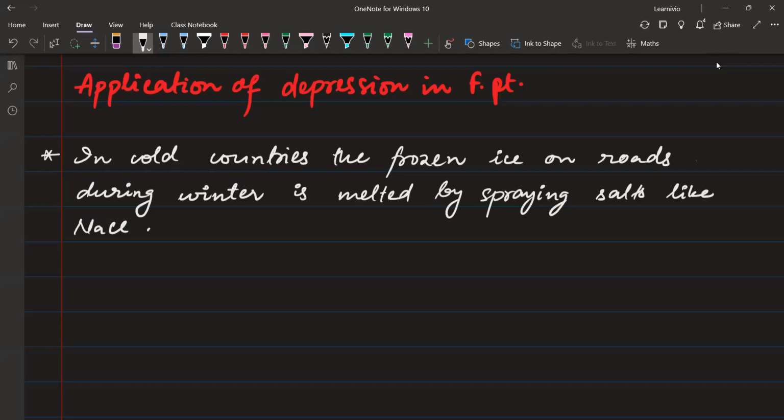NaCl we use because it is very cheap, and calcium chloride, which